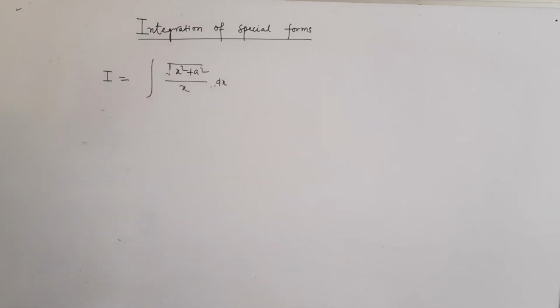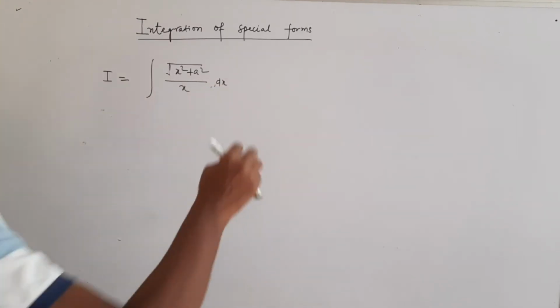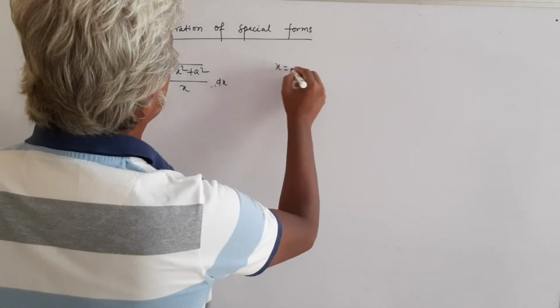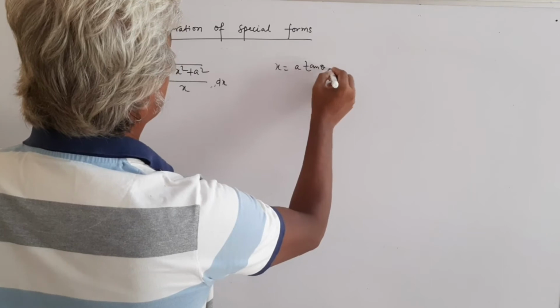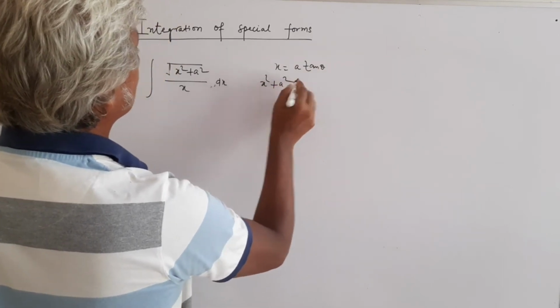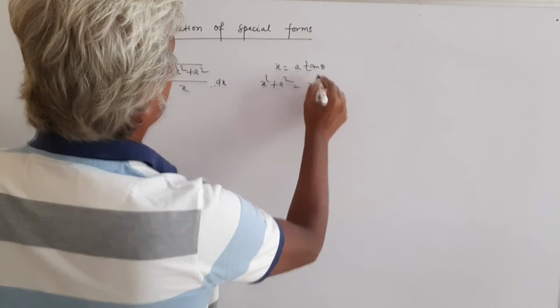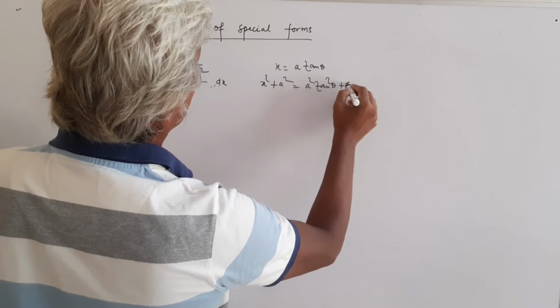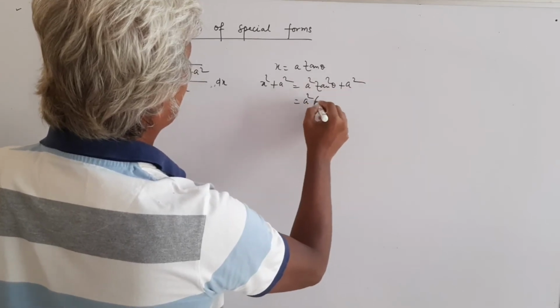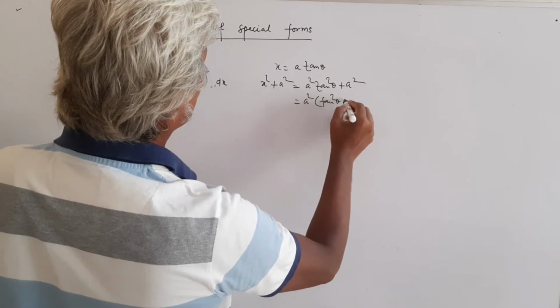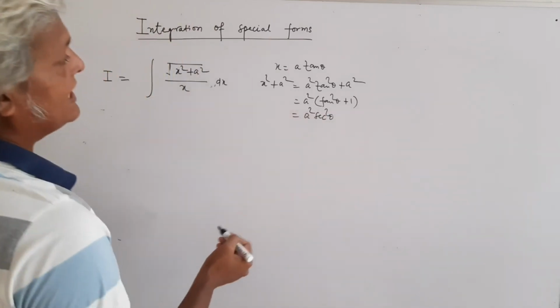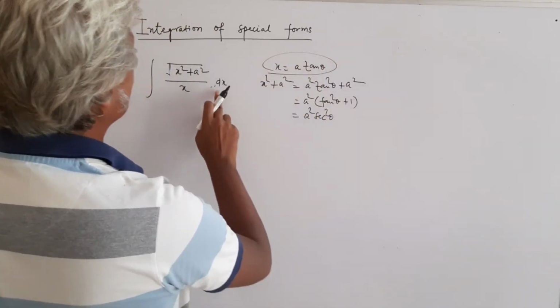Now again the very same idea, that you know that 1 plus tan square theta is sec square theta, and 1 plus cot square theta is cosec square theta. So if I say that let x equal to a tan theta, then x square plus a square will become a square tan square theta plus a square. If you take a square common, you get tan square theta plus 1, that is nothing but a square sec square theta. And at the same time, if you differentiate this to find out the value of dx in terms of theta,